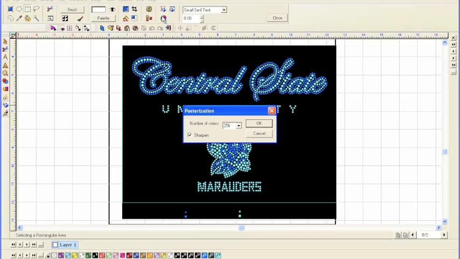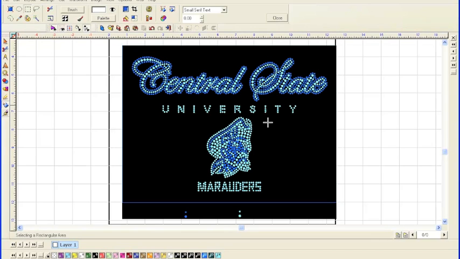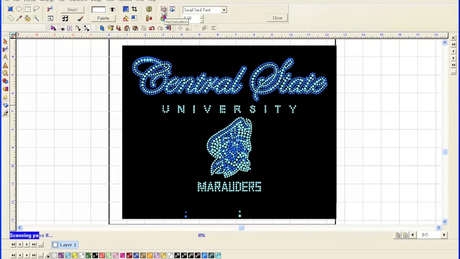I'm going to click on that, and you see it defaults to 256 colors. But we want to reduce that number down to 4, which is about how many colors are on this design. And we click on OK. And now we go up here and click on this tool, the Vectorization tool. I clicked on that, and now what's happening is that it is scanning around each one of those rhinestone circles